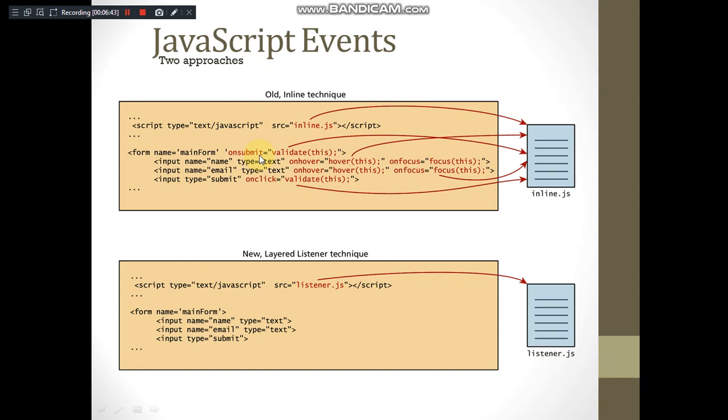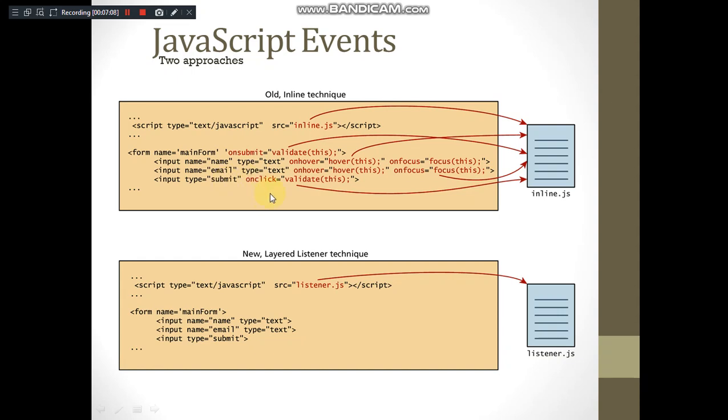For this, this is passed. So you know about the this pointer. The this pointer is a pointer which holds the address of the object with which it is called. So we are calling it with a form element. When it is submitted, it is called with this particular form itself, right? We have certain inputs, two text boxes and a submit button.